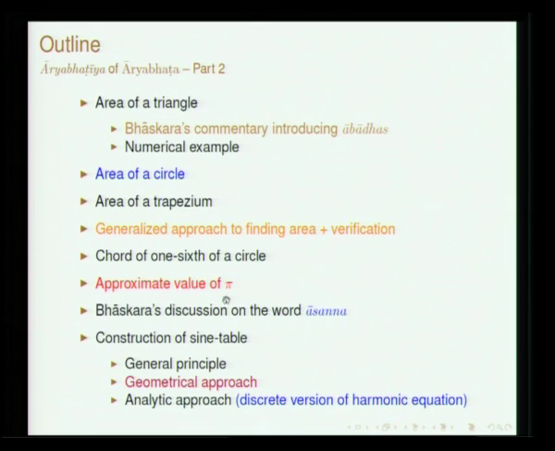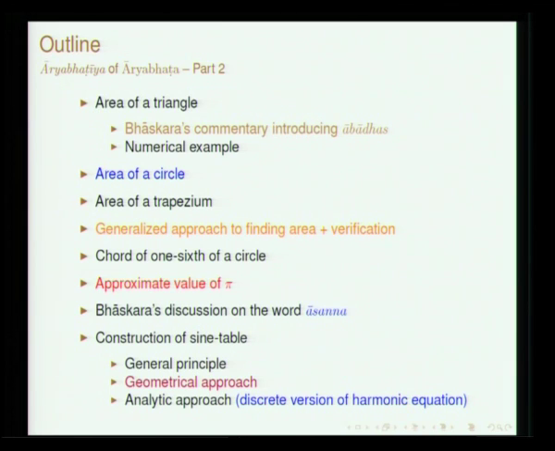In the later part, we will see the approximation which has been given by Aryabhata for the value of pi and the method which has been discussed by him for generating the sine table. In fact, Aryabhata has given two different approaches for constructing sine table. One is the geometrical approach, the other is the analytic approach. So, we will see both of them, and then during our discussion on the verse which gives the value of